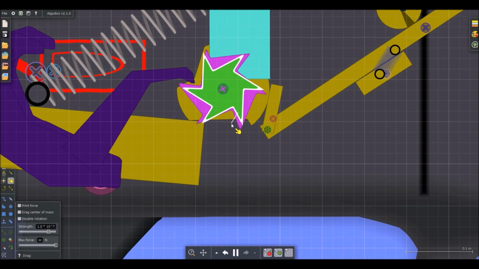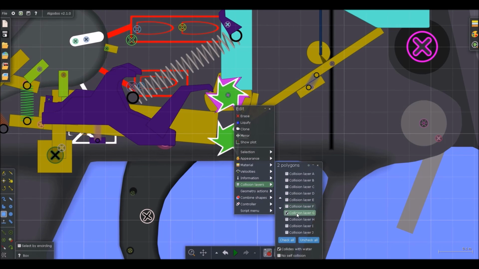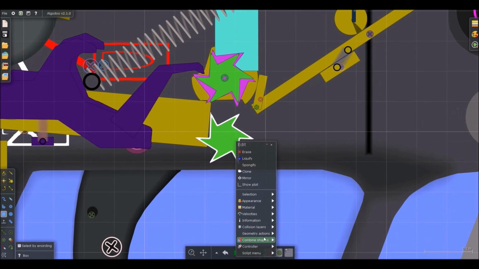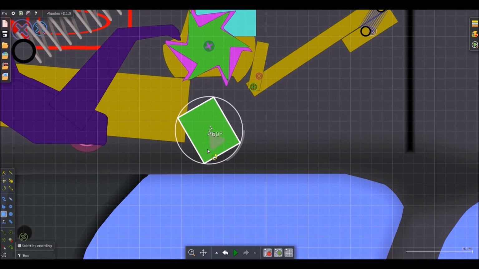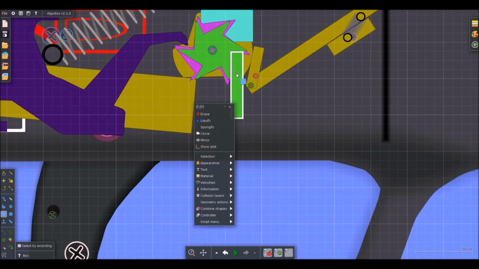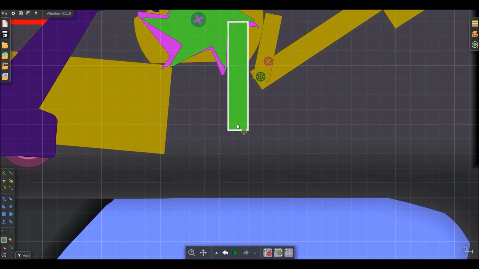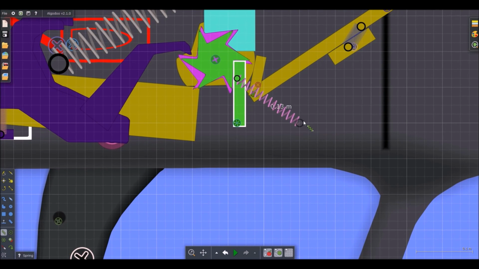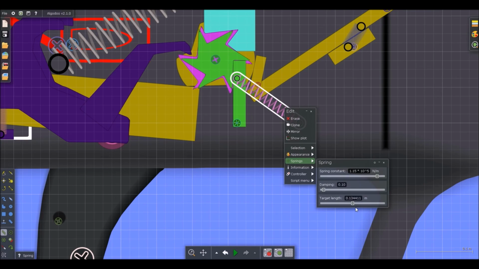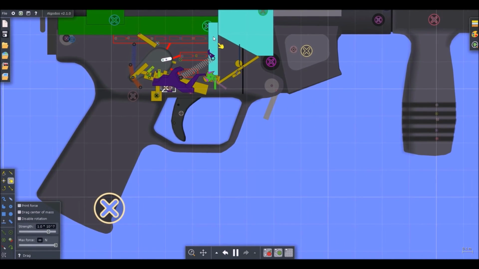Alright, so now we're going to place a stop of the same material. Actually, let's make this collision layer H. Make that into a box. Put the box upright. And let's put it right here. Add a hinge and a spring. And something to kind of prevent it from